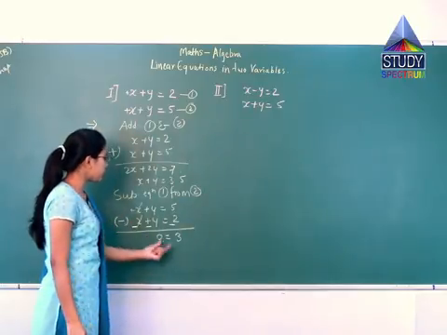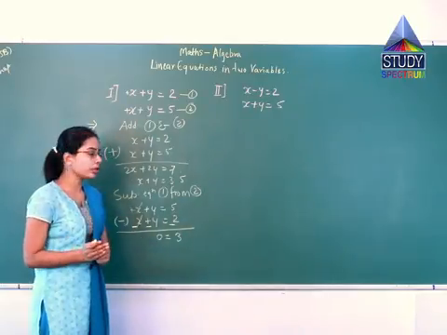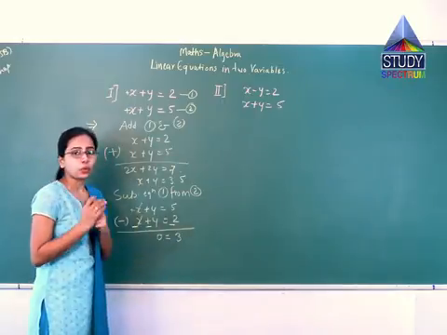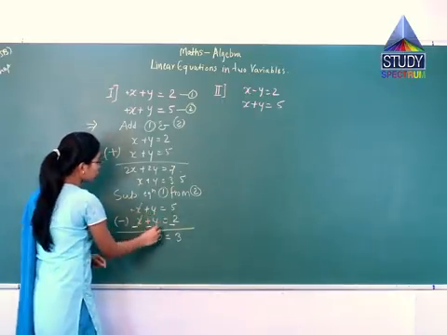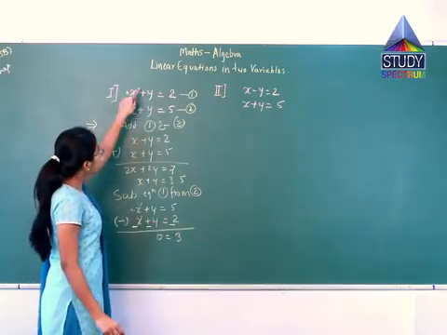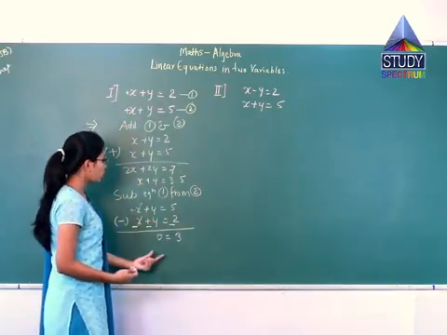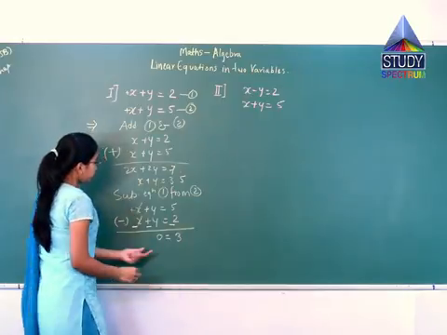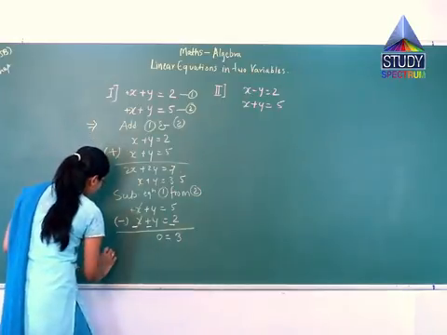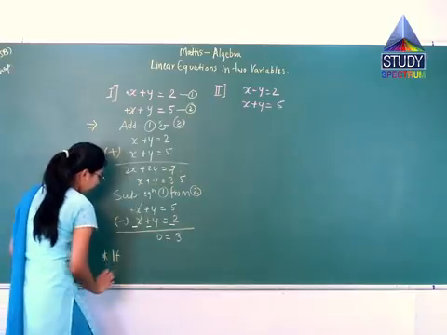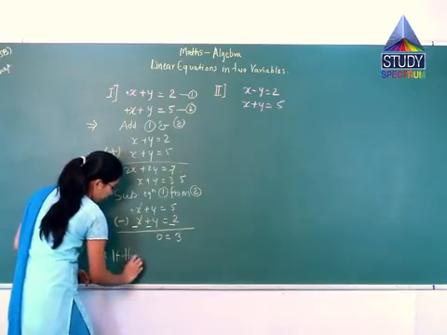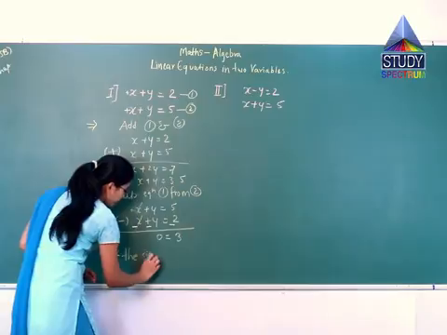But I just want to tell you that if the two quantities have a similar sign, you will subtract the equations. So here I will write: if the similar variable